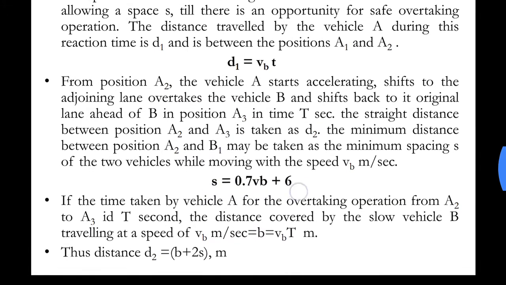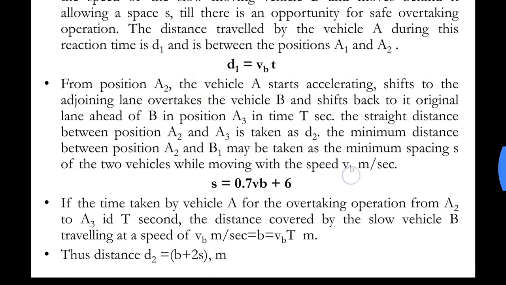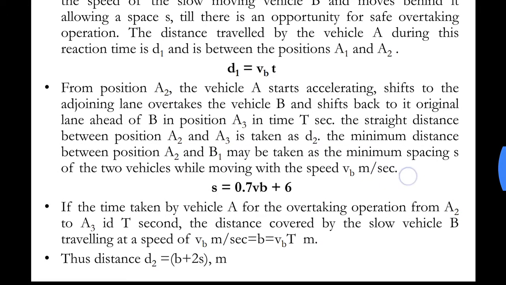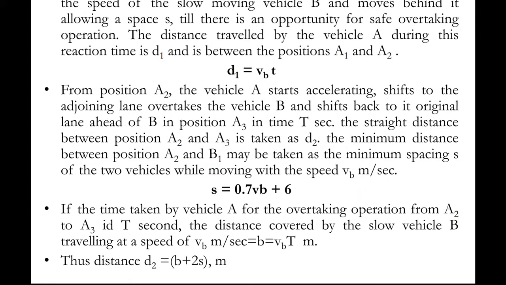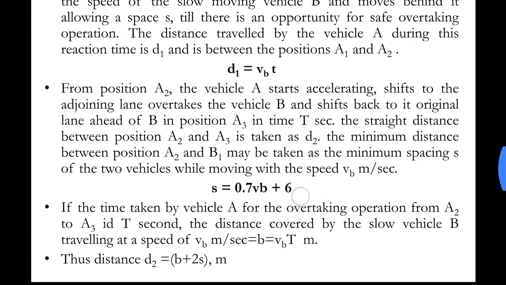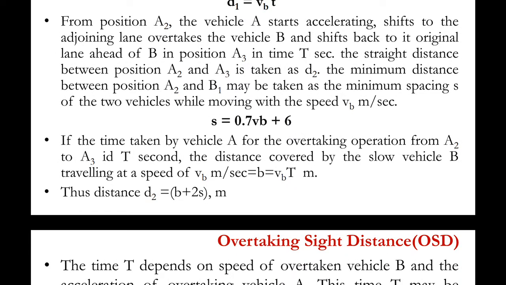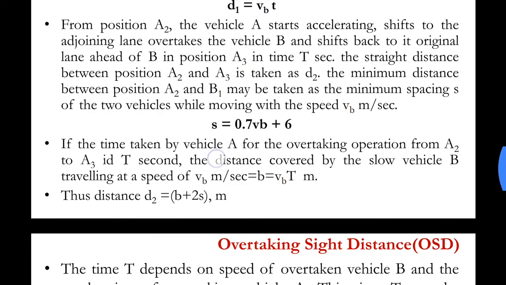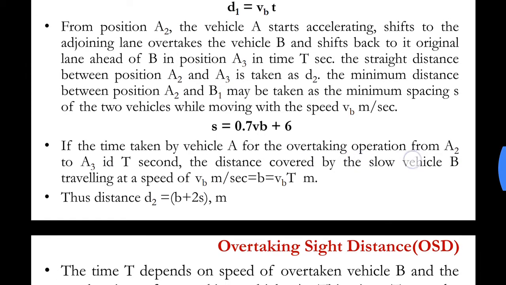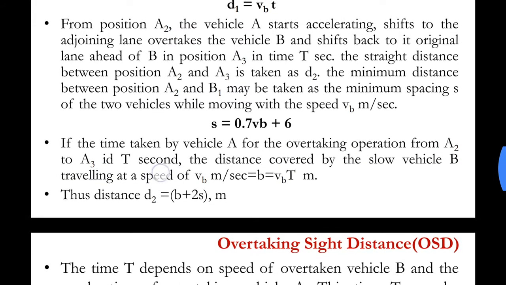This formula is used when the velocity is in meter per second. If the time taken by vehicle A for the overtaking operation from A2 to A3 is capital T seconds,